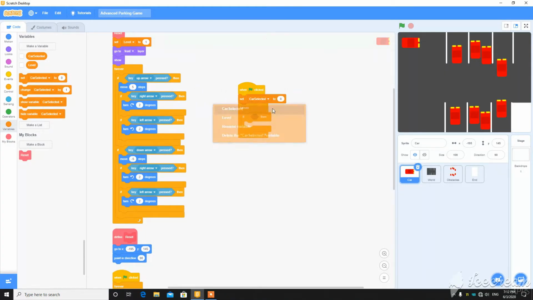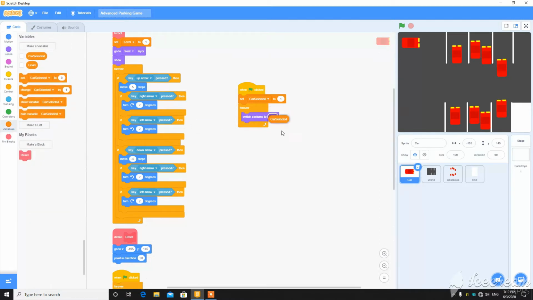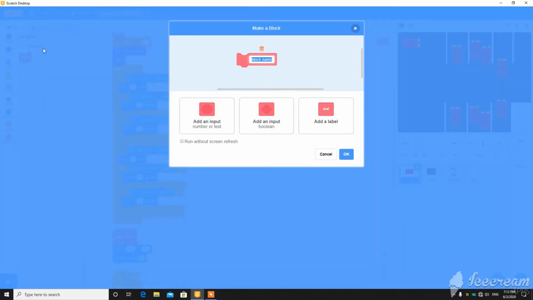Then when the green flag clicked, set car selected to 1 and forever switch costume to car selected. Then you can make a block called key with an input, car number, and click OK.